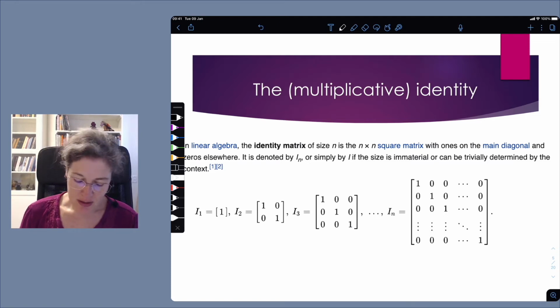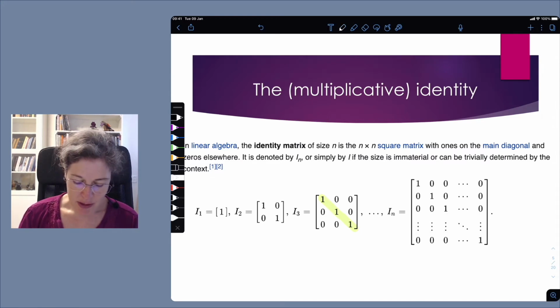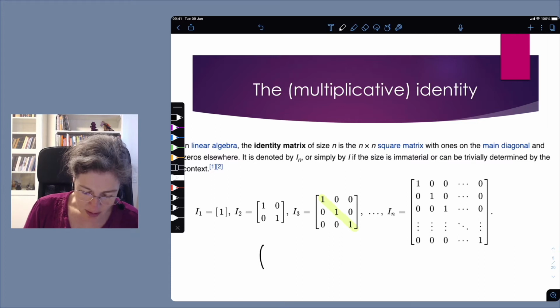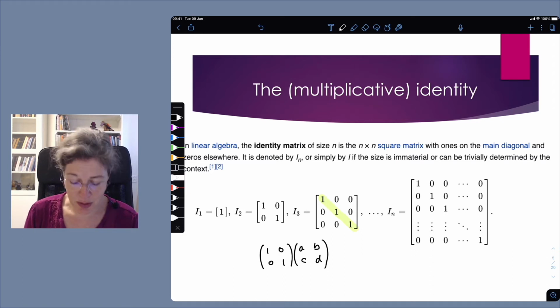Well, we already sort of saw it a little bit. It's a square matrix with ones on the main diagonal. So the main diagonal is the longest diagonal, and everywhere else is zeros. And the thing to notice about the identity matrix of whatever size is that if you take your identity matrix times any other matrix, you will